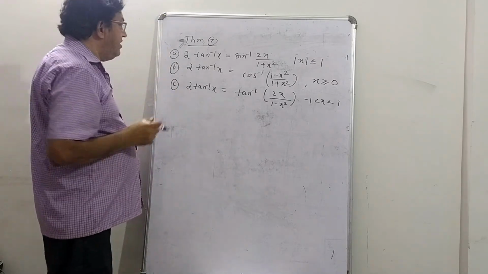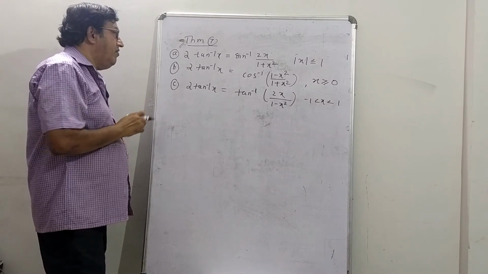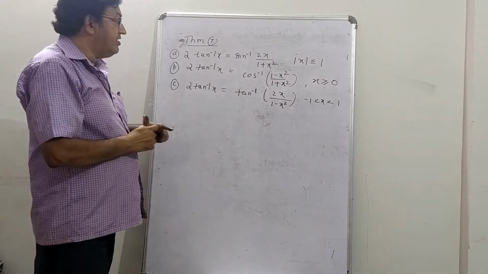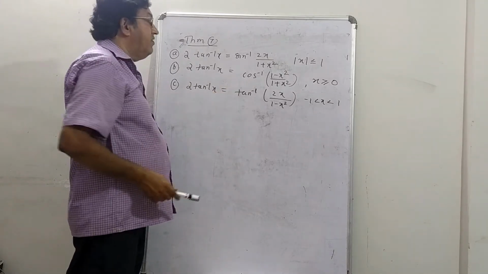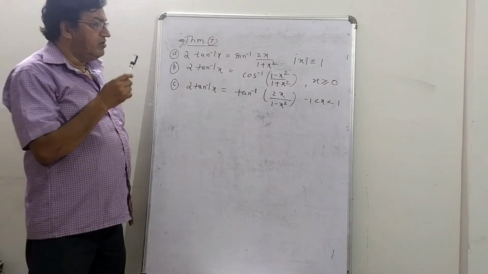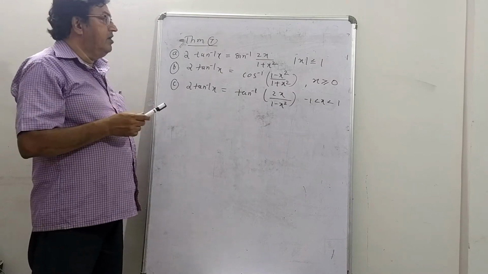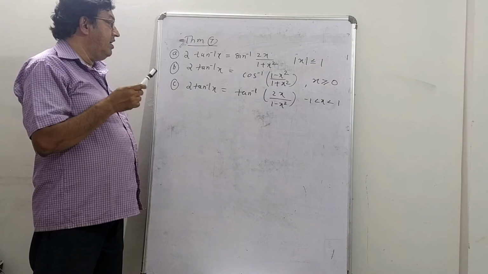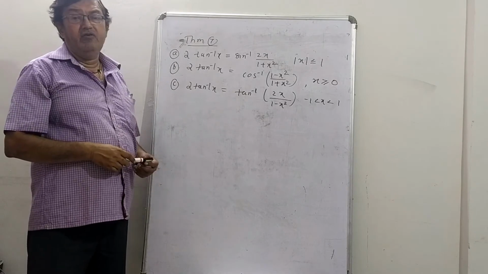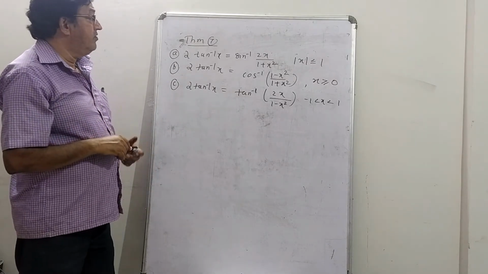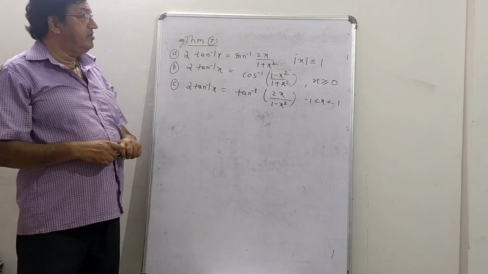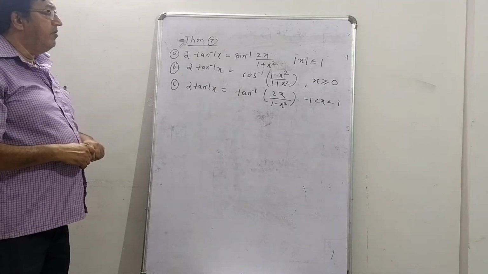Now these are the three parts. You can see left hand side all are 2 tan inverse of x. Right hand side is either sine inverse of 2x upon 1 plus x square, or cos inverse of 1 minus x square upon 1 plus x square, or tan inverse of 2x upon 1 minus x square. So these are nothing but your sin 2 theta, cos 2 theta and tan 2 theta values in terms of tan. From your first year trigonometry, if you go back and recollect, these are those values. Again they are converted in terms of inverse trigonometric functions. So we'll try to prove them one by one.